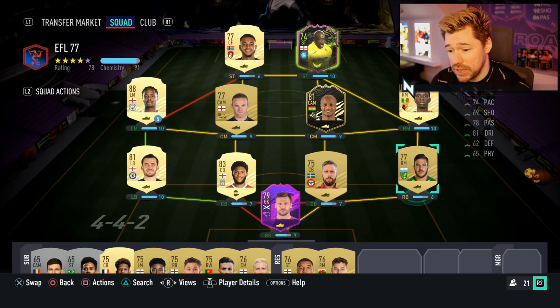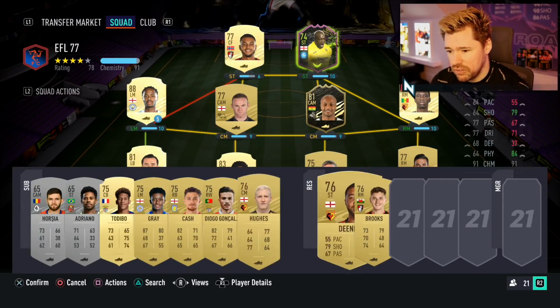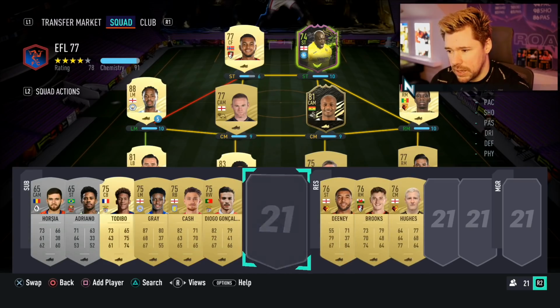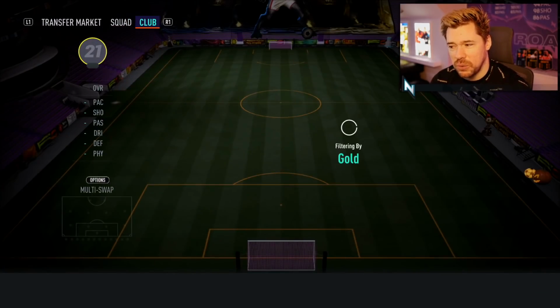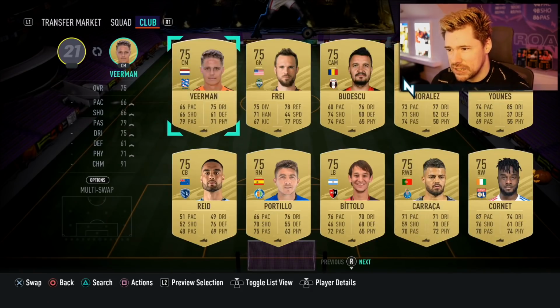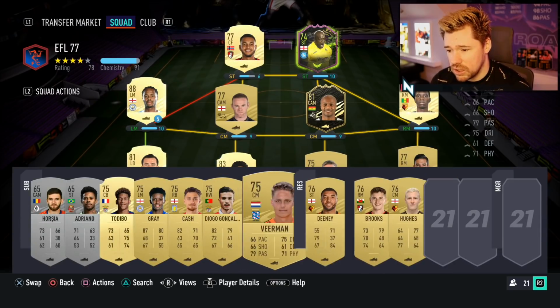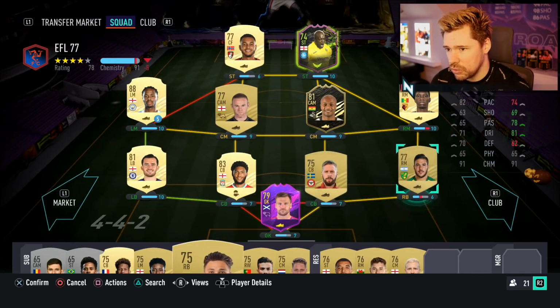That's 78 rated. That's tough. What about Hughes coming off? And I want to show you guys a little trick as well, right? I don't know why EA are like this. I don't know what anybody did to EA to hurt them. But if you start like this, if we actually go and start cashing it right back,